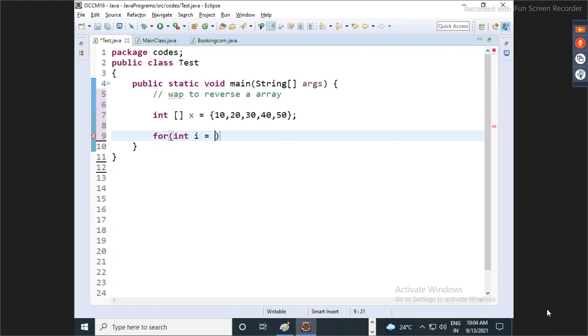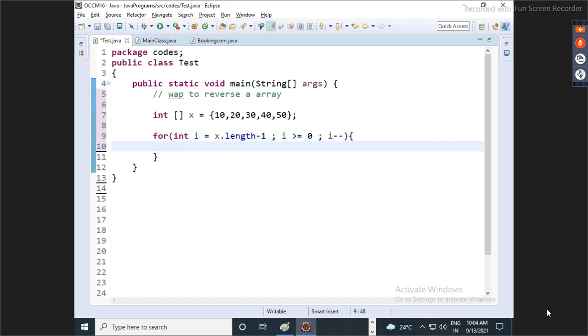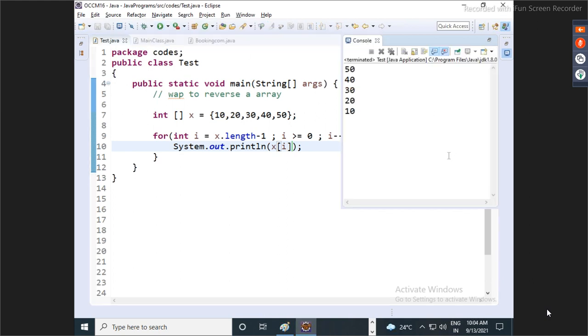So we will write for int i = x.length - 1; i >= 0; i--. Okay, and now guys, we can happily print x[i].